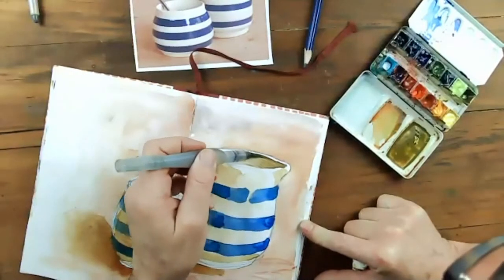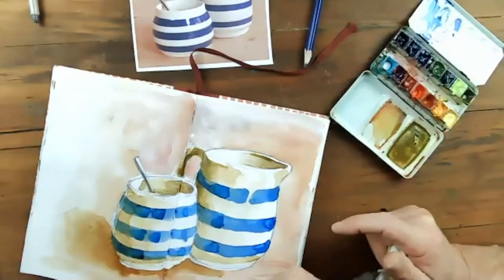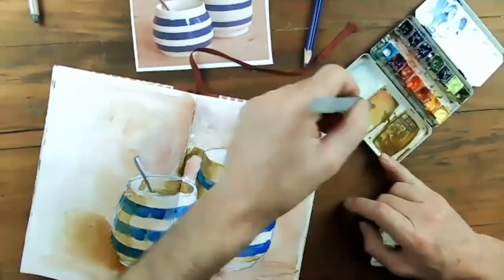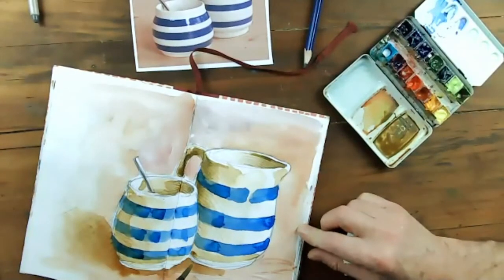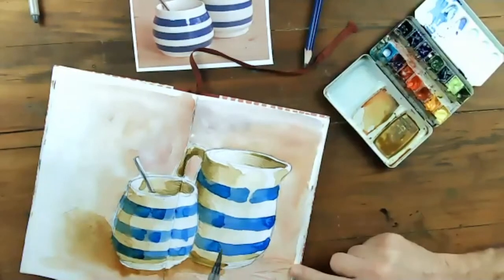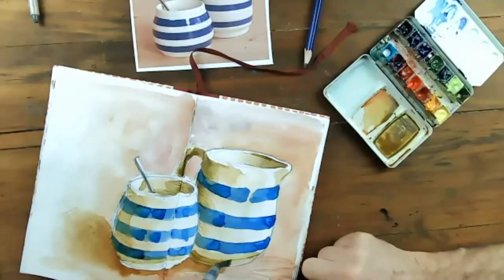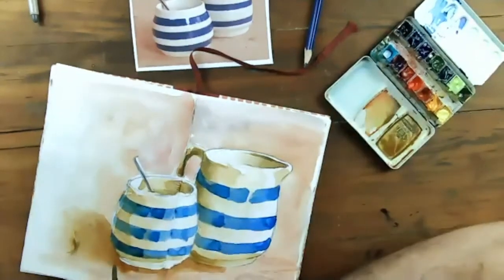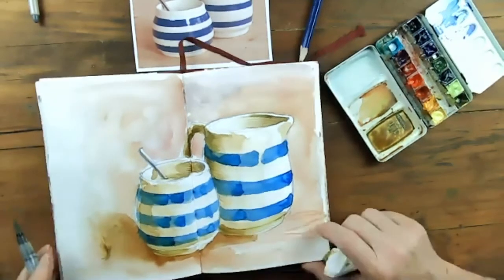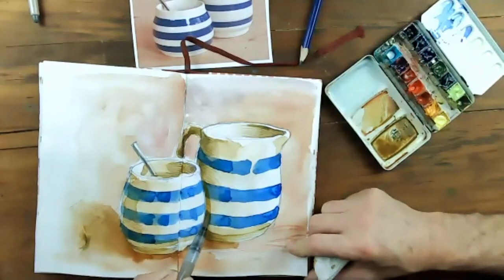Some interesting things going on here as well. A bit green, that. Let's get it warmed up a bit. That's misleading. That entire foot that this is sitting on is white, which it shouldn't be. So let's get some tone in there. A bit too much there, so let's just lift that with a thirsty brush. And here as well, that shouldn't be white. That is shadow down there. That's better. This blue's dried off, so I can start